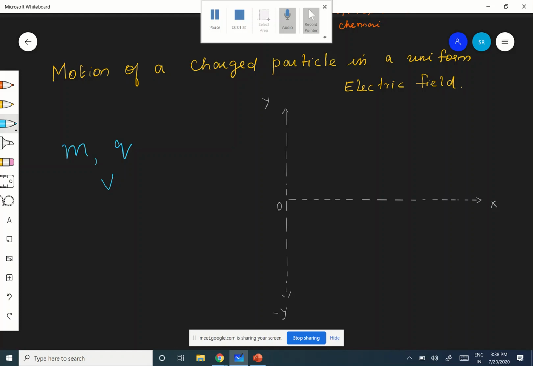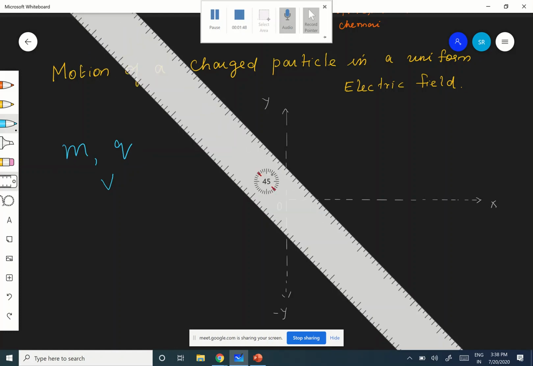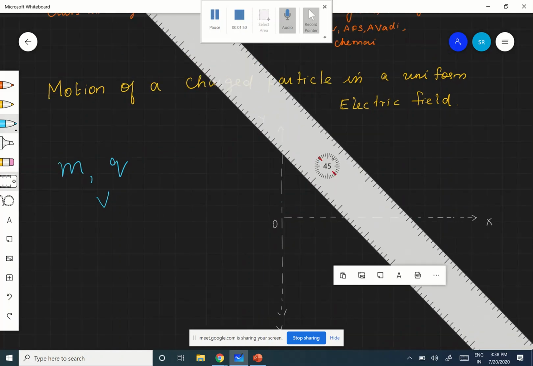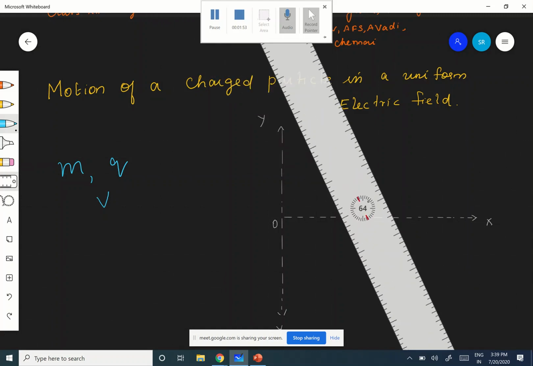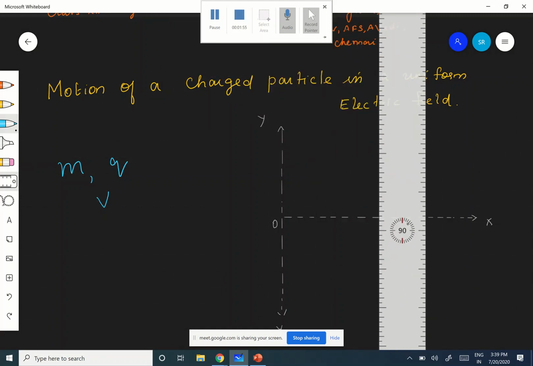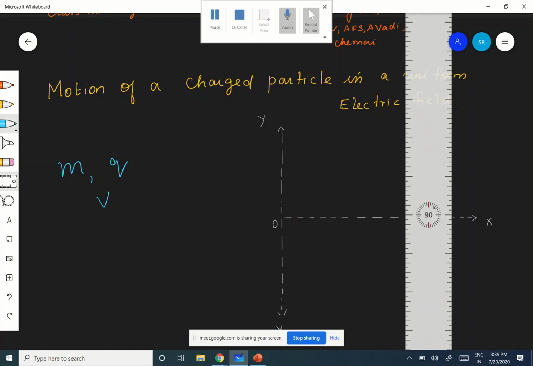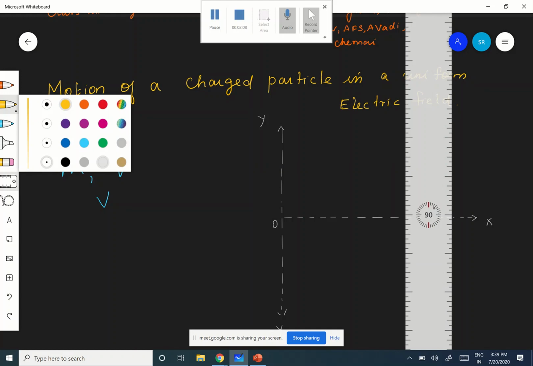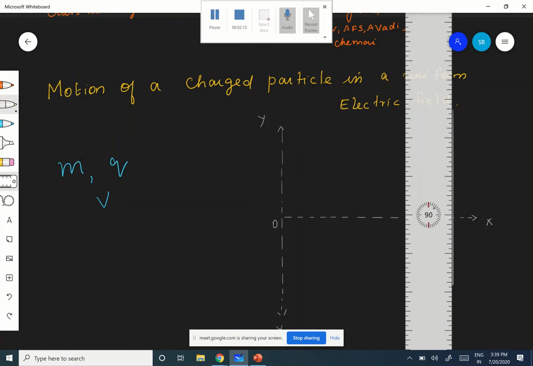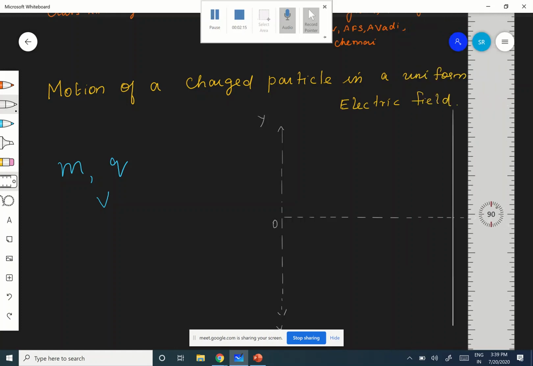Now what I'm going to do is keep one screen there. Let me use this, because I have some problem in drawing straight lines. Instead of going from Chennai to Delhi, it goes from Chennai to Calcutta. So I am using this. Let me use some other. Okay, so this is the screen.